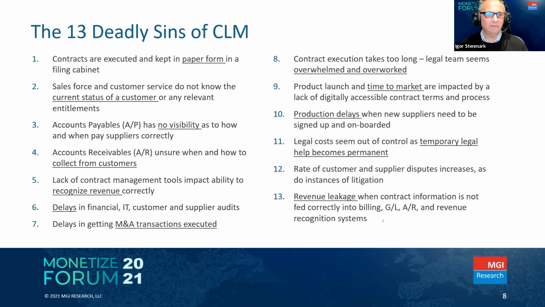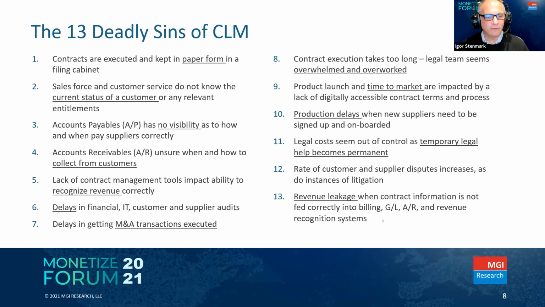And think of this as a checklist. If you read this list, and I encourage you to peruse it once the conference goes into on-demand mode, and you find that one or two items on this list apply to you, you should at the very least learn more. If 4 or 5 apply to you, you need help and you need to call an advisor and get assistance here. So examples here are delays, what you see in getting transactions done, as I mentioned, financial, IT, customer, supplier audits,